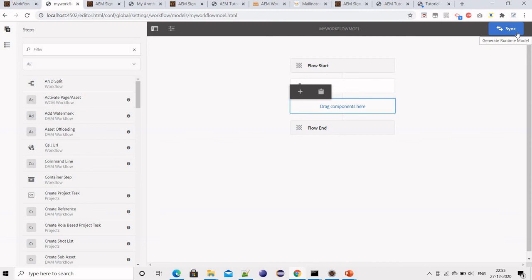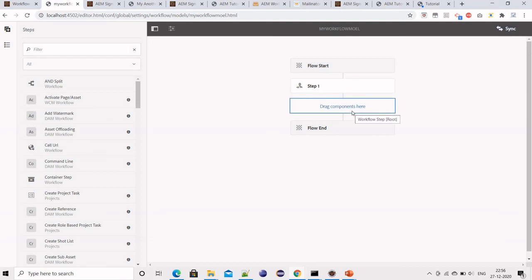Lots of times, even in interviews, we get this question: what do we understand by workflow and how do we create it. Workflow is steps of activities, steps of process, which we can run in parallel, run in the background, schedule, or manually trigger. We have a workflow UI with multiple tiles available. We can go to Models and create a new model. By default it will give us the flow start and flow end, and then we can configure stages and insert components into it.